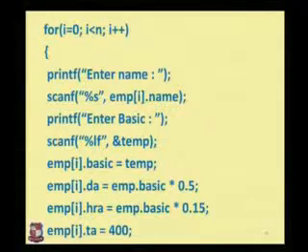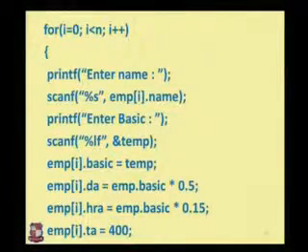So employee i dot name represents a particular name, of array type. If n is 1, 2, or 3, the name will be taken once, twice or thrice. Okay, we are having printf enter basic. We can put the basic salary of that employee. Then scanf %lf, that is for double, address of temp, then employee i dot basic equals temp. We are putting the basic salary of employee i into a temporary variable. It is generally used for calculations.